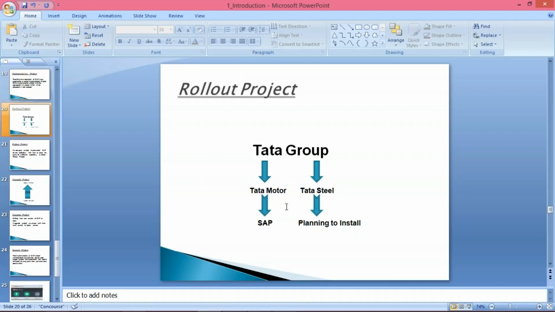So they have decided, why not get this installation done in one subsidiary and check the performance. We'll observe the performance for a certain period, and if it meets our expectation, then the same will be installed in other subsidiaries also. Okay, so now let's suppose here.